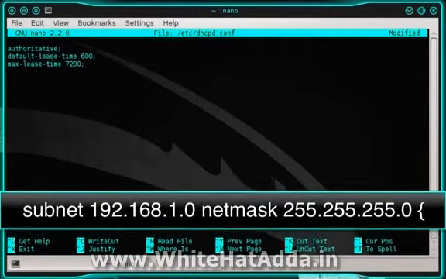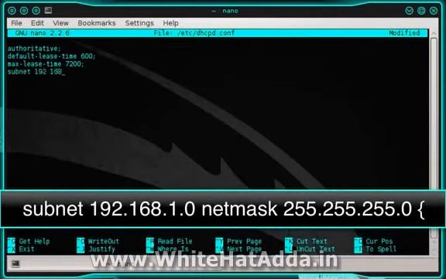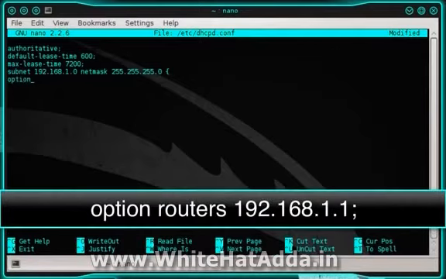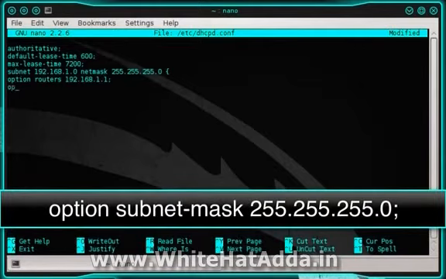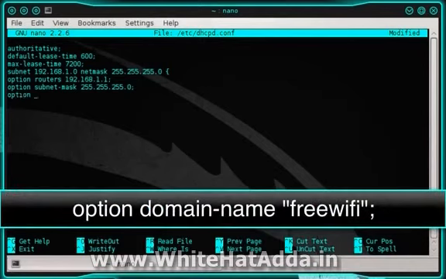And then type subnet space 192.168.1.0 space netmask space 255.255.255.0 space forward facing curly bracket, and then press enter to move down a line, and then type option space routers space 192.168.1.1 semicolon, and then press enter to move down a line, and type option space subnet-mask space 255.255.255.0 semicolon, press enter to move down a line,